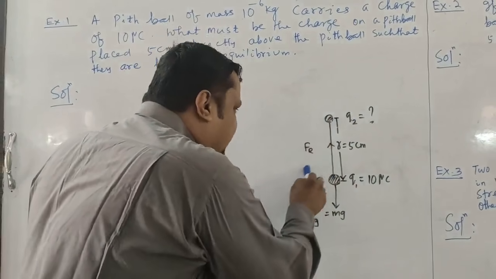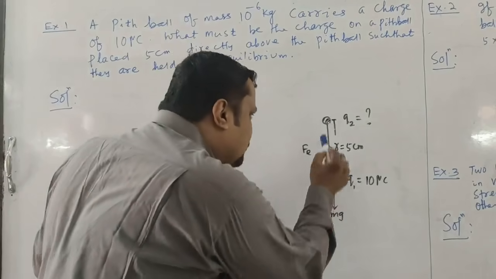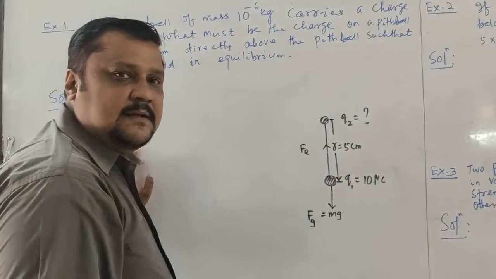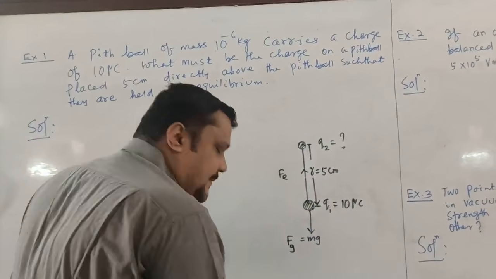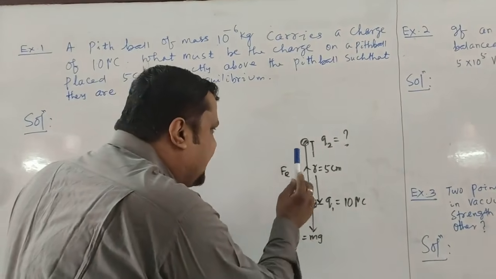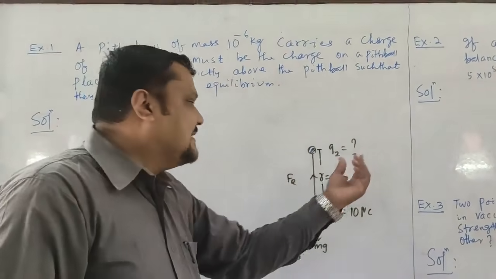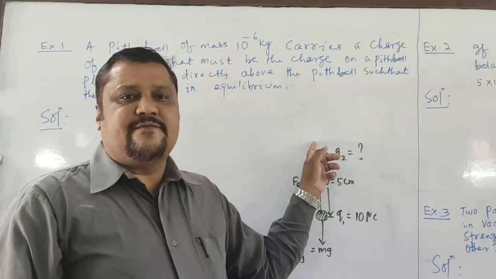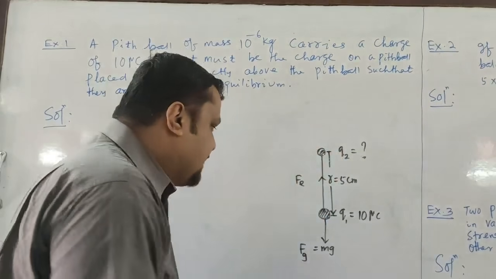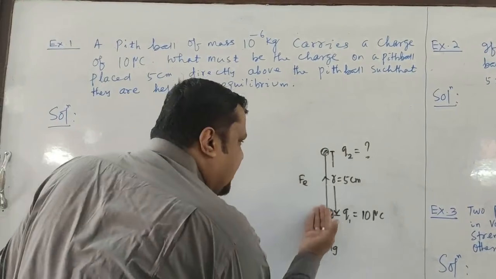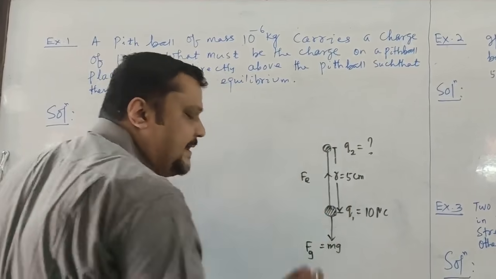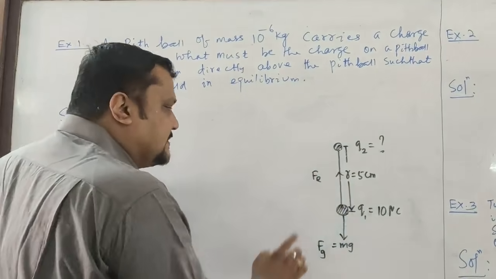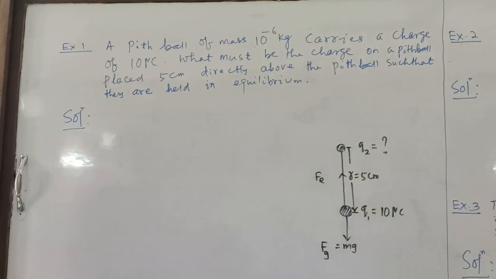So this electrostatic force between the two charges should be balanced by the weight. It will fall down because of its weight, and because of the charge Q2 on the other particle, there will be an electrostatic force of interaction. If the weight is downward, this force should be upward so that this body will be in equilibrium. It will balance.